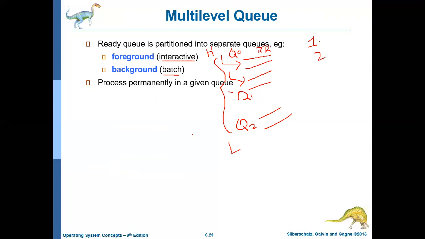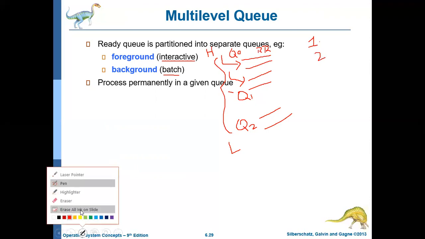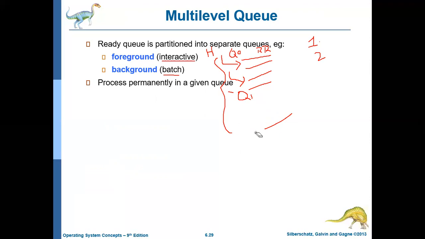Another way of scheduling is, for simplicity, let us assume there are only two queues, Q0 and Q1. The second type of scheduling works like this: the operating system may allocate 80% of the time to Q0. That is, the highest priority queue will be given 80% of the time, and the remaining 20% of the CPU time may be given to Q1. Now, let us assume for simplicity that one time unit is 100 milliseconds. So 80 milliseconds will be given to Q0.